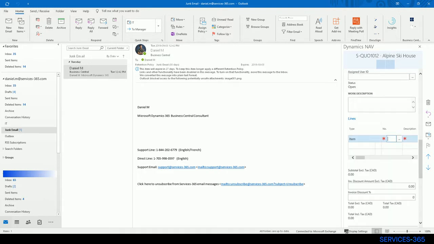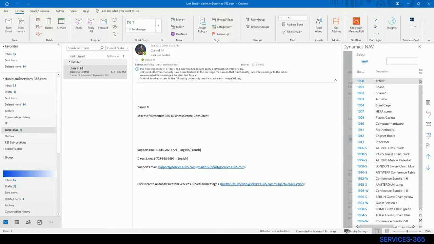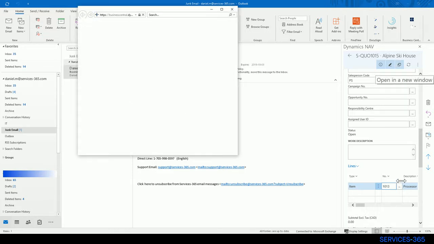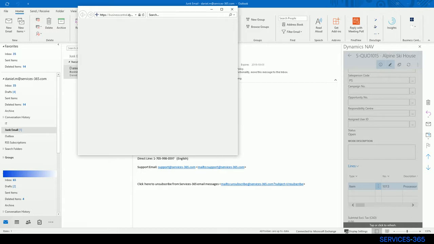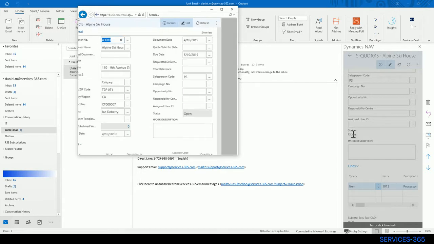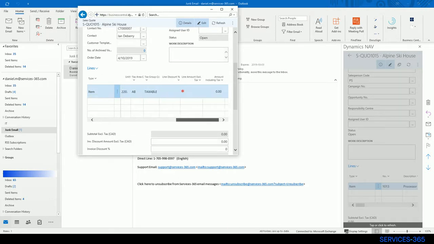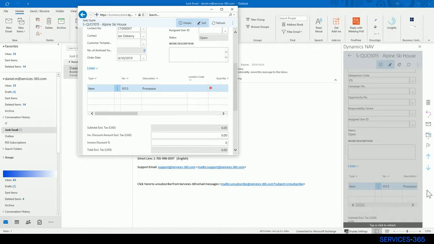You can go down, and once you click on the number, you'll find you have all of your items listed just as they are in Business Central. And then after we select our item, we'll just have to finish all the rest of the line details here, but what we can also do is pop this up from the top menu into a new window. And then we could have even a better view of all the details that need to be filled in for the line menu. You'll notice that the asterisks are also present here, and these just let you know the required